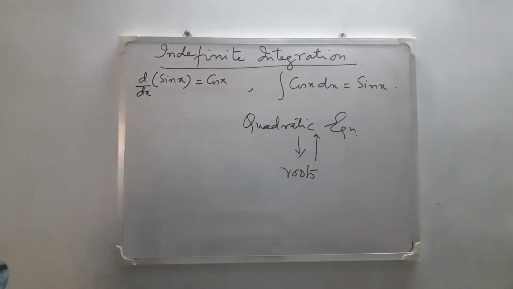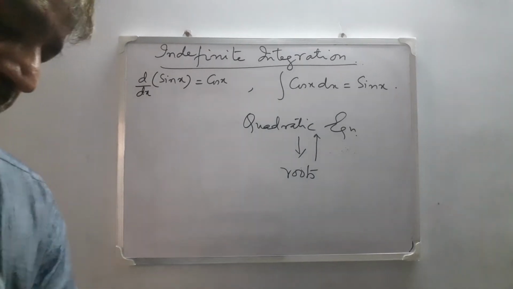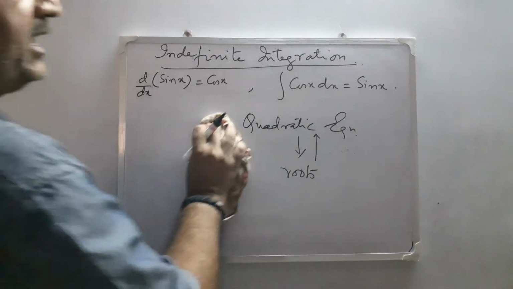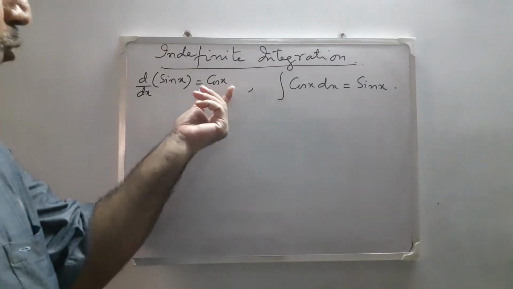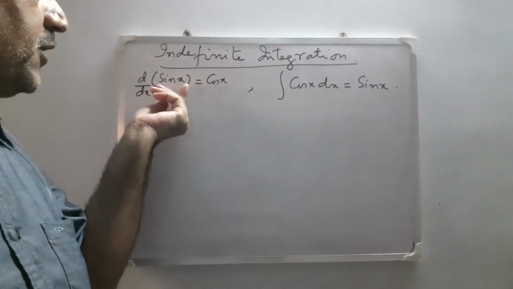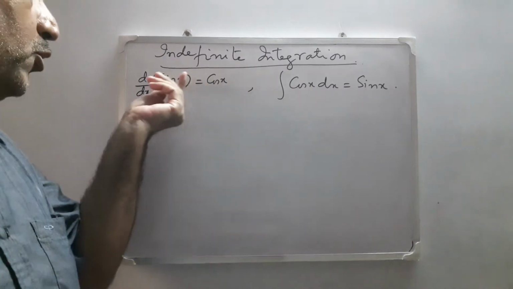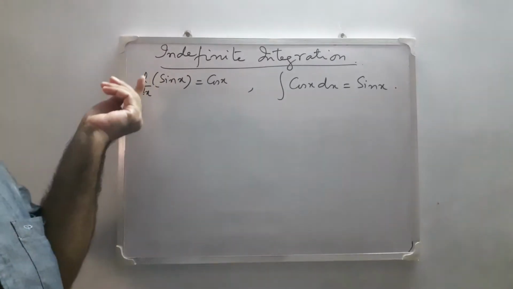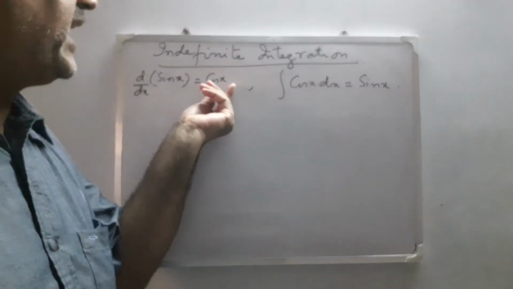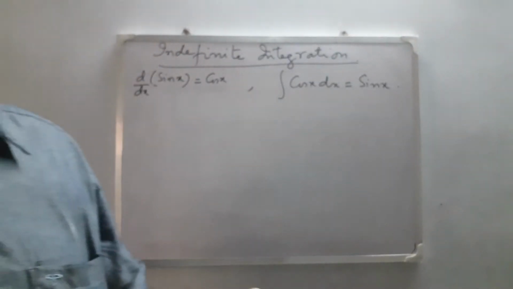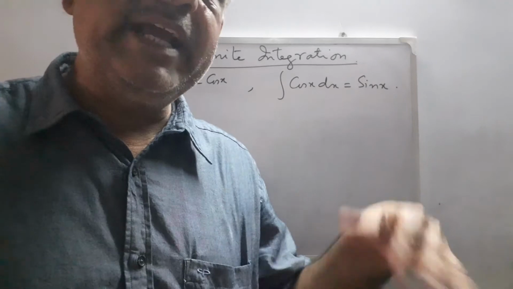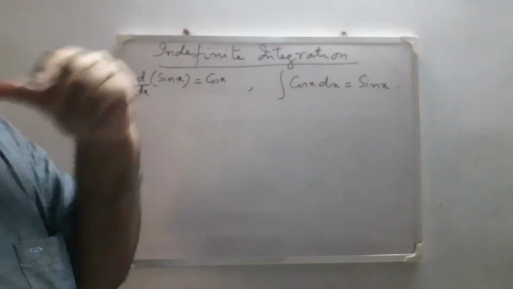Both the techniques are equally important in maths. Similarly, here, if we have the differentiation of a function as cos x, then we should have a technique which will provide the original function, which when differentiated gives us this value. And that's why Leibniz and Newton together invented this branch.